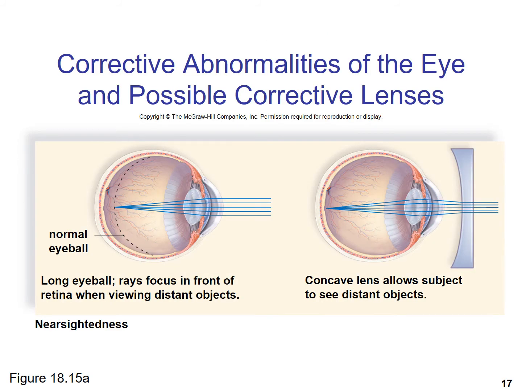So if you look at this with a long eyeball, you see where the dotted line is on the left here. At this dotted line right here is where the normal length of an eyeball is, and this is where a normal shaped lens would normally focus, right here. And so what this concave lens does is it spreads out these rays of light. So when they hit the eyeball, they're spread further out, and this means that they converge at the proper distance back here.